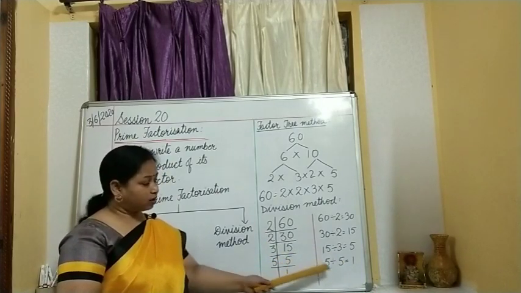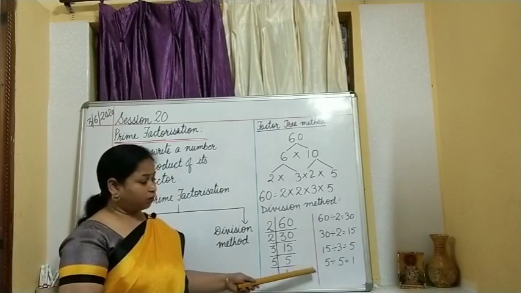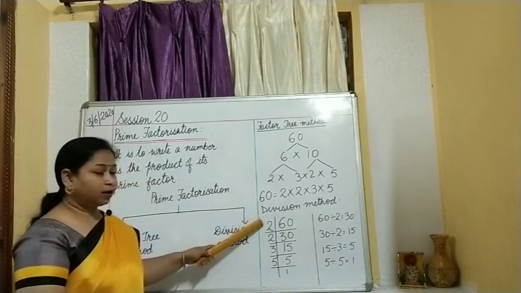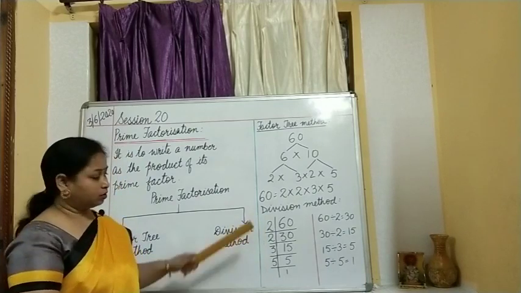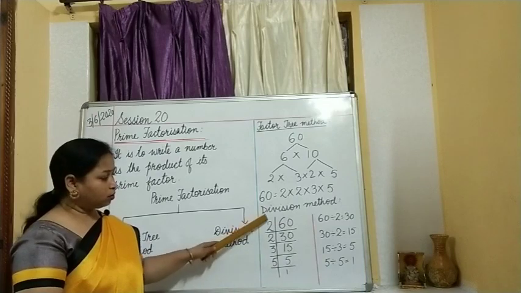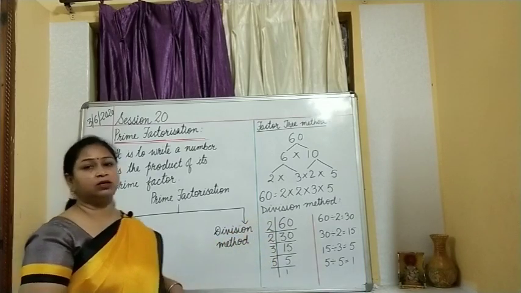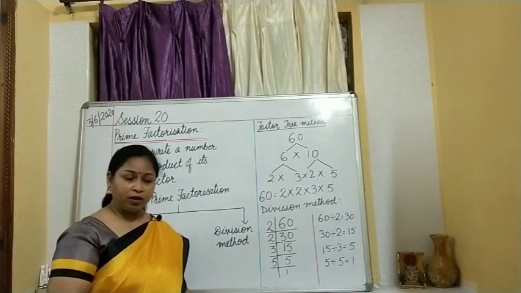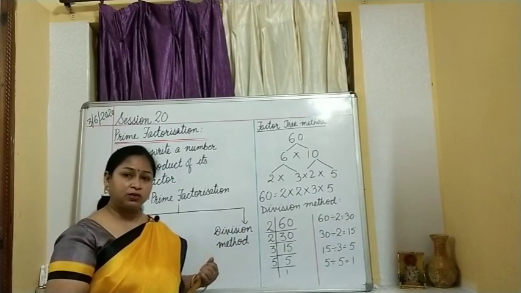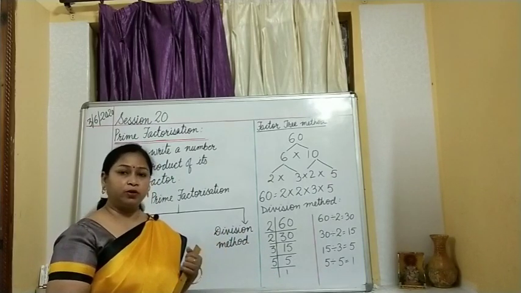Now 5 is divided by itself. So 5 divided by 5, what you have got? 1. Now you have got collection of all the prime factors. 2 multiplied 2 multiplied 3 multiplied 5. All the prime factors you see you have collected at one side. Okay. So this is what we are going to apply in the exercise what we will be doing right now.